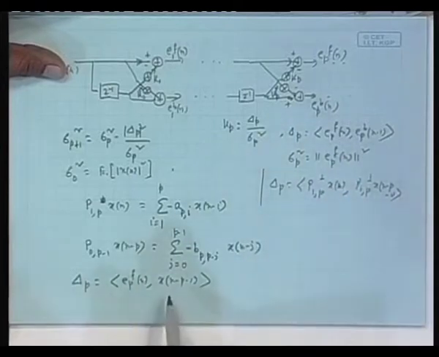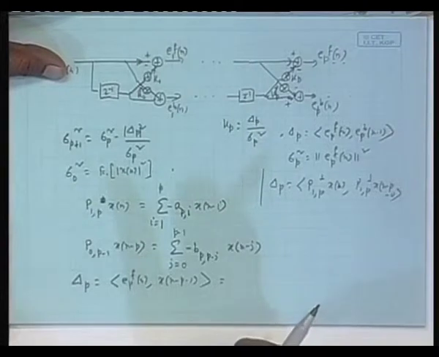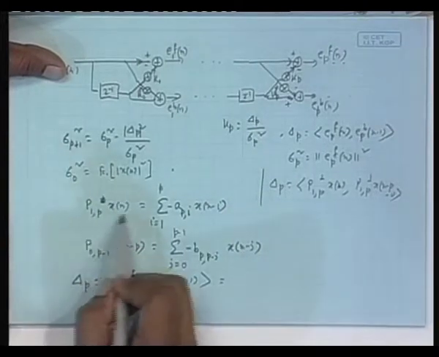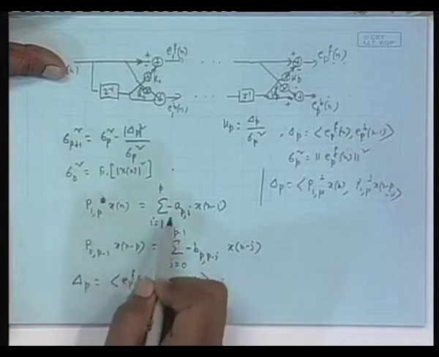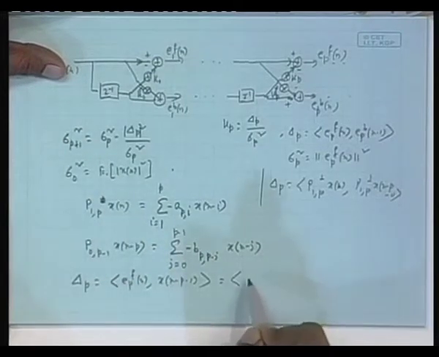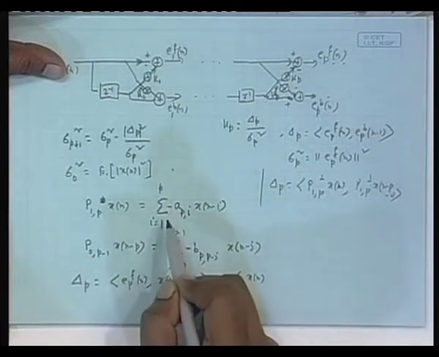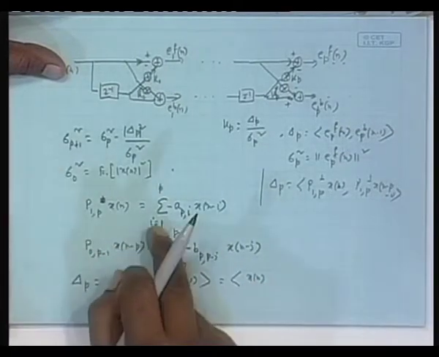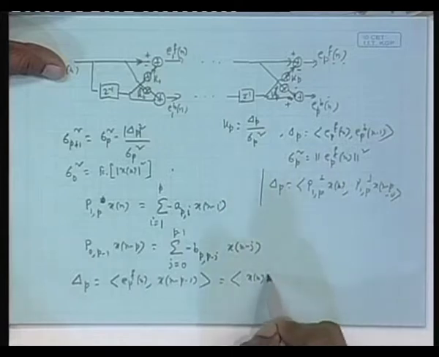So, that is what I have done here, and EPFN is what? x n minus the projection. What is EPFN? x n minus this quantity, x n minus this quantity, this you write here, x n, and then it becomes plus, that is why I put a minus here. x n minus this and minus plus,